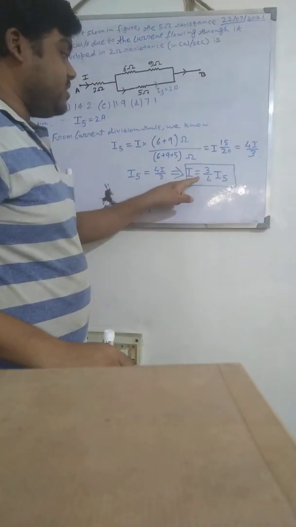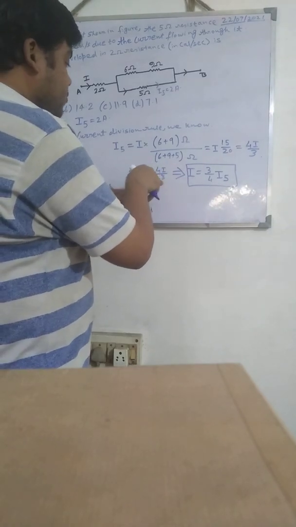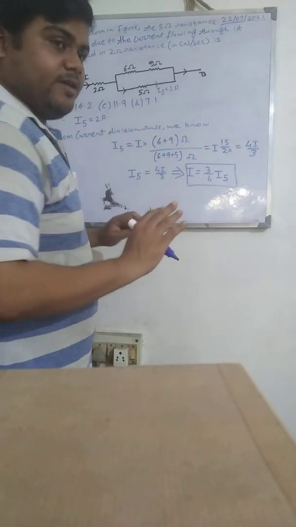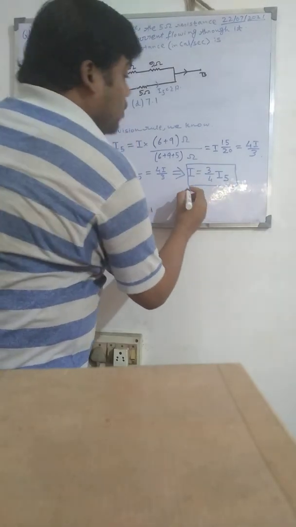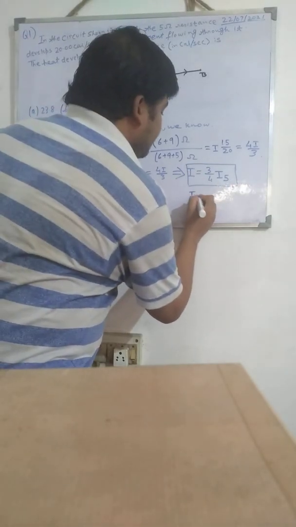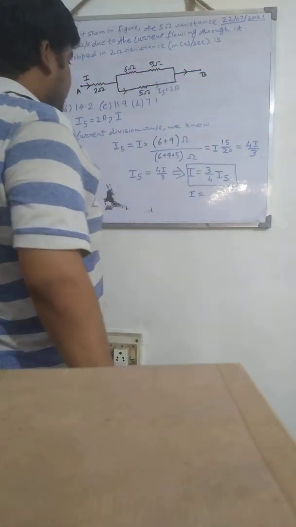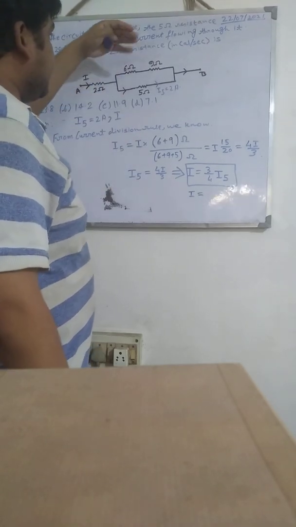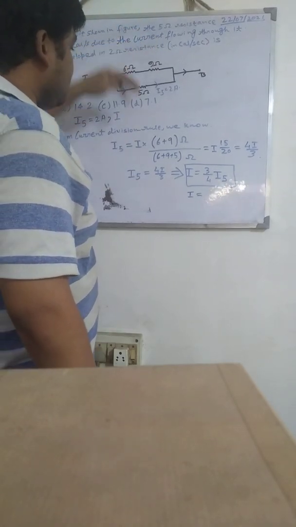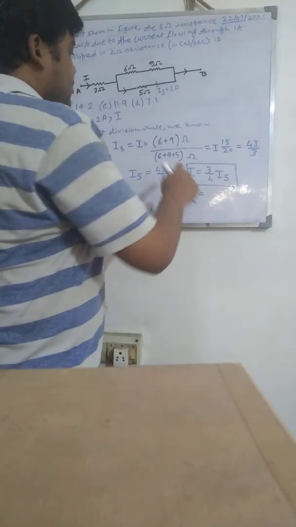So I5 is equals to main current into the next path resistance, that is this 2, by sum of the total resistances, 6 plus 9 by 6 plus 9 plus 5, so it is 15 by